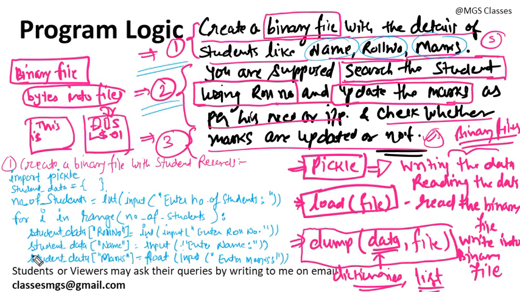Now after that we are going to write this data directly into the file. Yesterday we inserted into the list, and later after the execution of the for loop we directly inserted the list into the file. Today we are not going to do that. Today we are going to insert the student data directly into the file as one line. So what we need to do for that purpose, you need to do one thing.